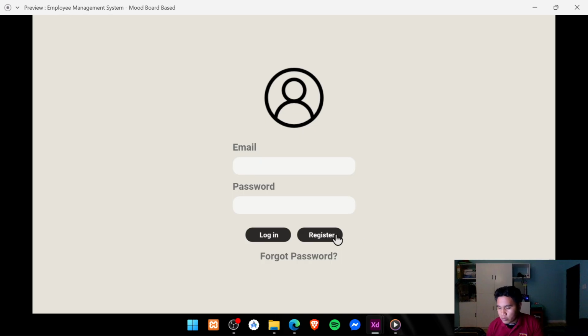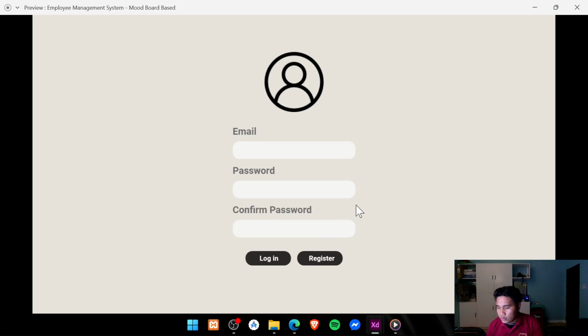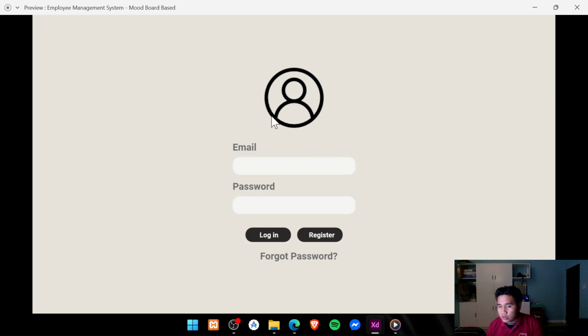In his work, if you click register, it will go to the register page. And if you click login here, it will go to the login page. What I noticed here, sir, is that there's no indication of which page you are on, which can be confusing to the users.